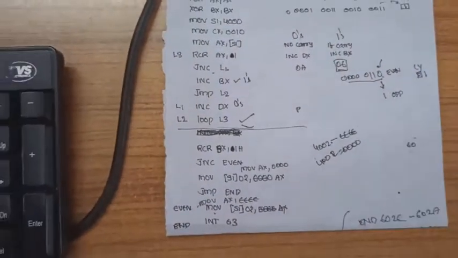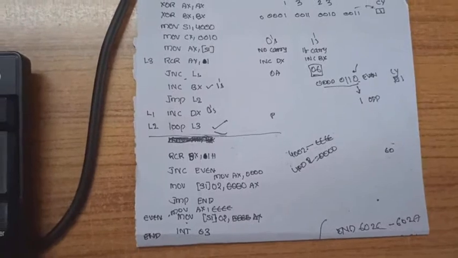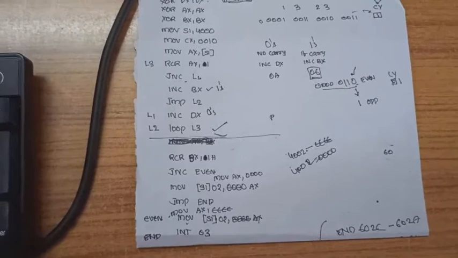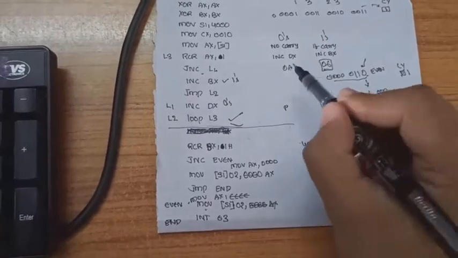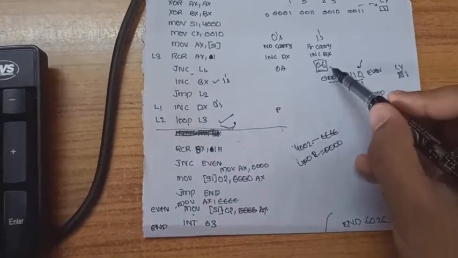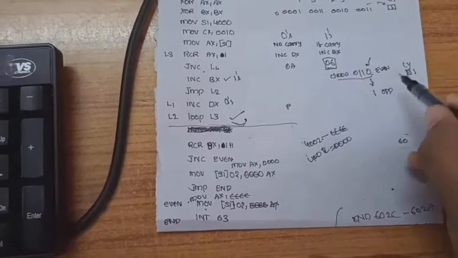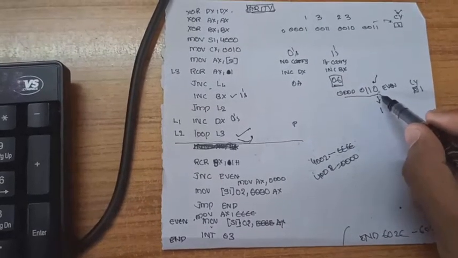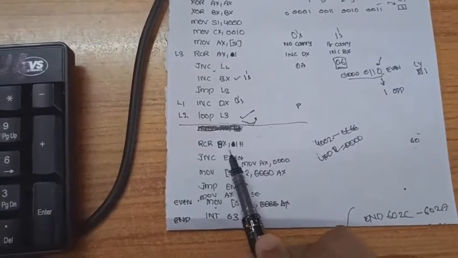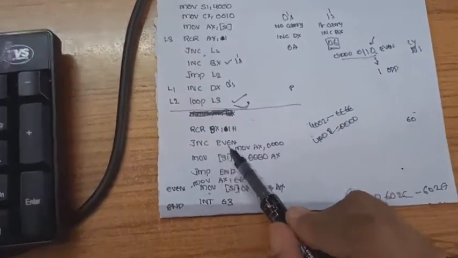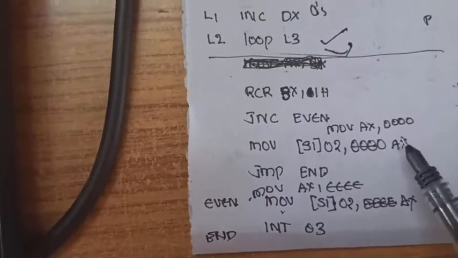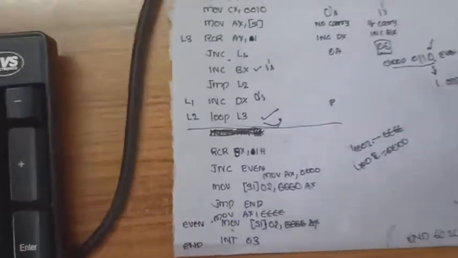So try to understand, finding the number of ones and zeros is a part of the parity program. So first, to find the parity we definitely need to count the number of ones and zeros. That happens up to this point. Now after getting the data I am checking for parity. If LSB is 0, we get even parity. If LSB is 1, it is odd parity. For that we are checking using RCR through the carry flag. So if no carry is there, it goes for even. If carry is there, it gives us odd, 0 0 0 0. Hope you understand the logic.